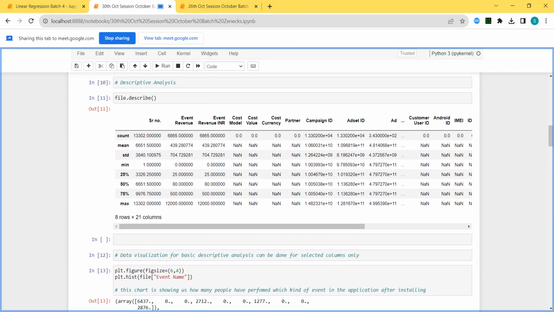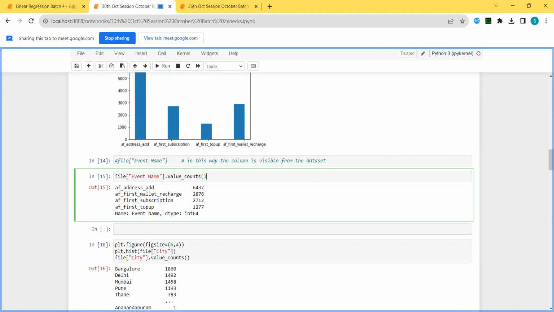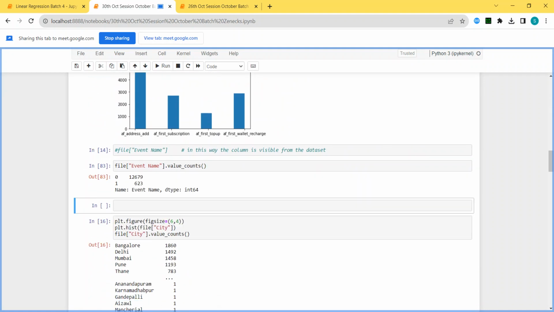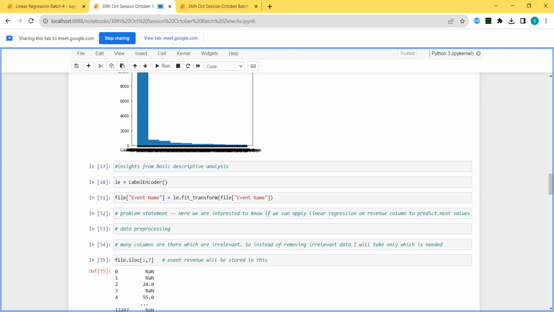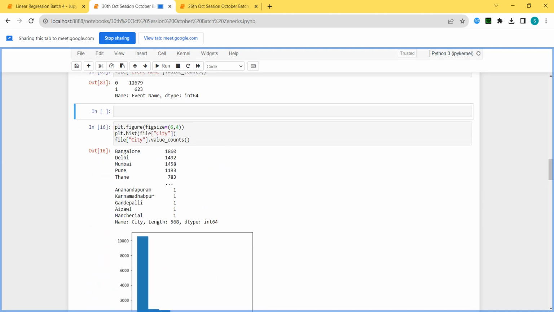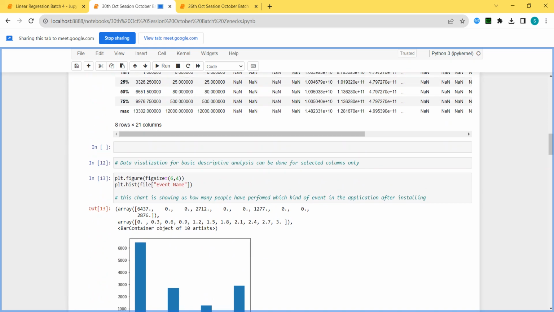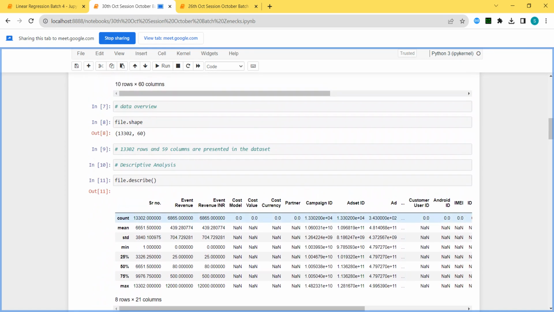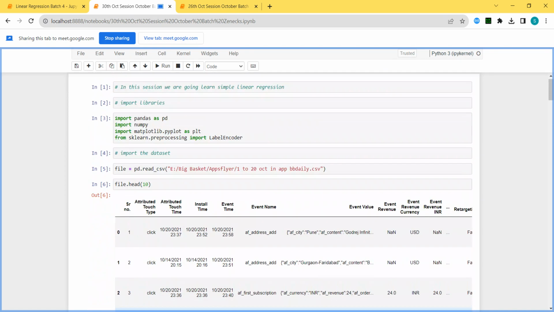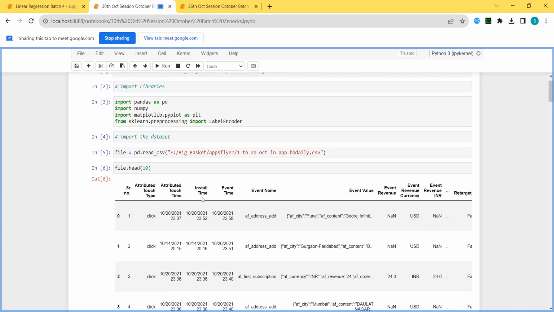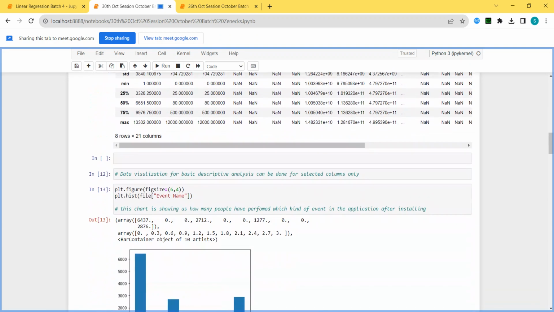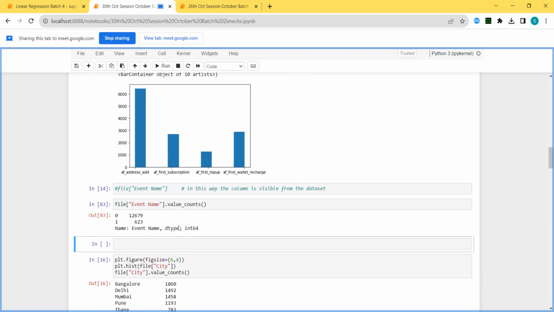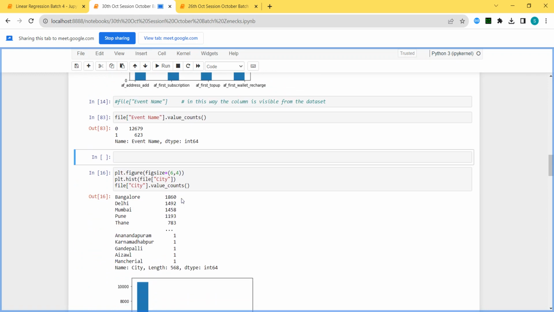Now I can check whether correct data is stored. No, again it is making some mistake. So I have missed one more time somewhere. So everywhere I need to mention event name, event name. Here also event name is there, event name is there.